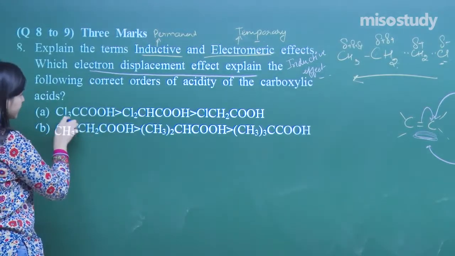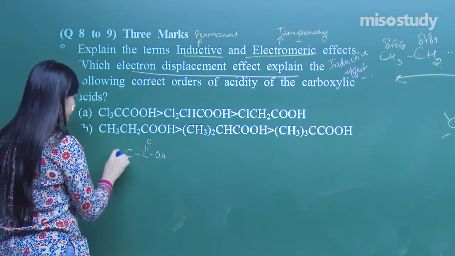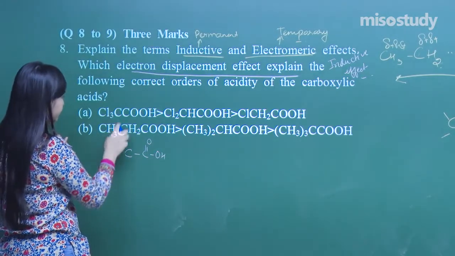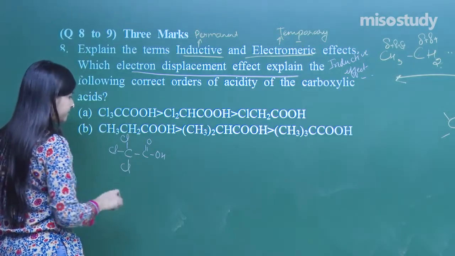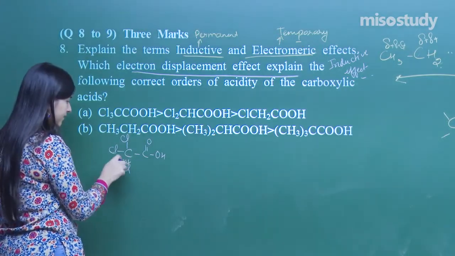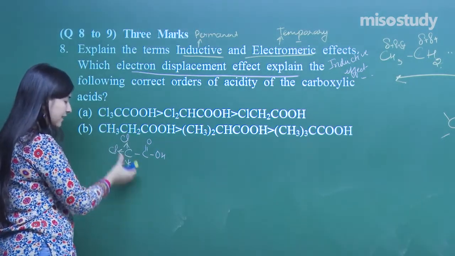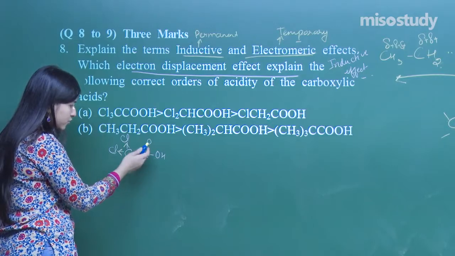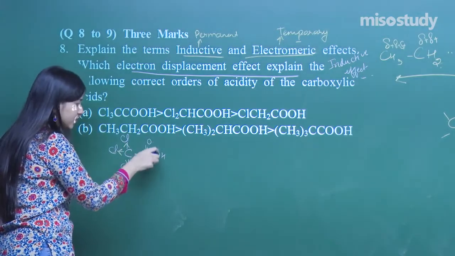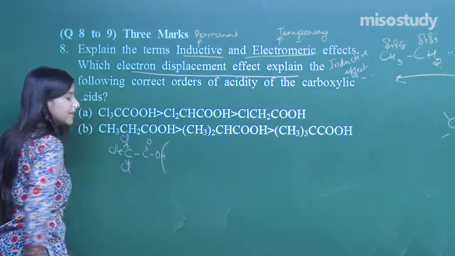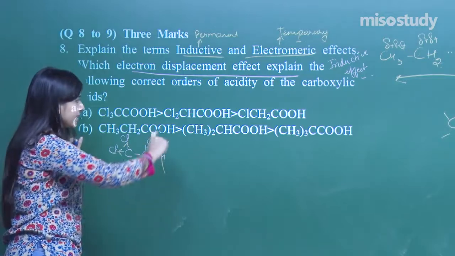See here. I am just taking one example right here, C, Cl, Cl, Cl. This is attracting, attracting, attracting. Each one of them is an attracting one, thereby these electrons will be shifting here. Each and every electron, in fact up to this oxygen, will be shifted towards here. This H positive can go off very easily, thereby it will be a very good acid. Now if I move here,